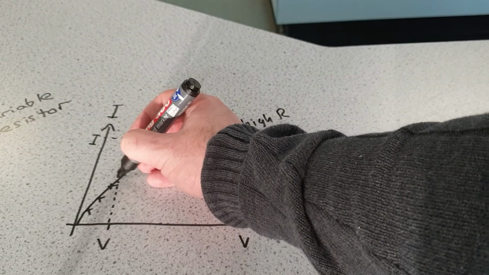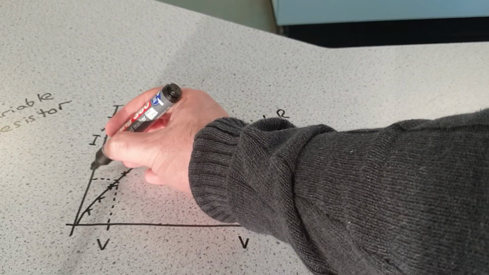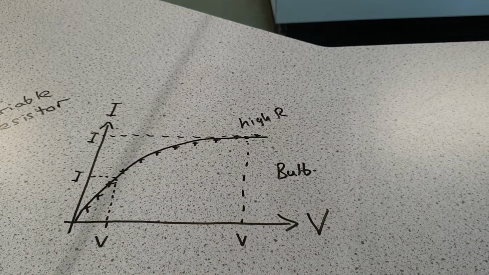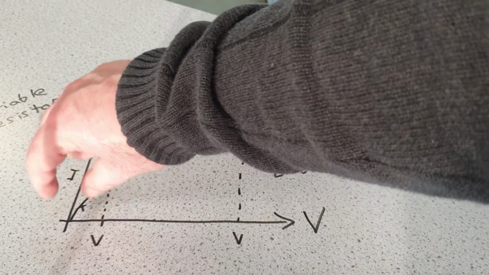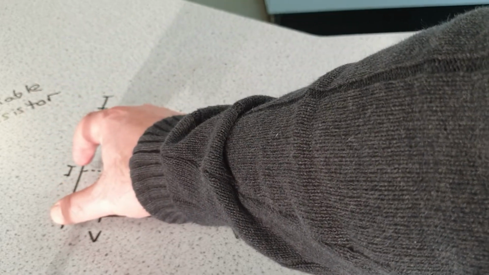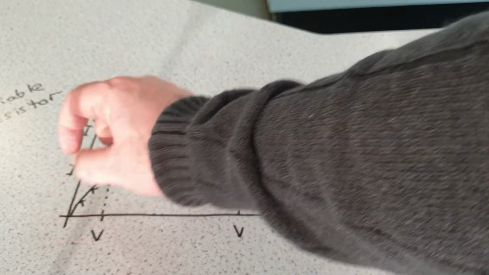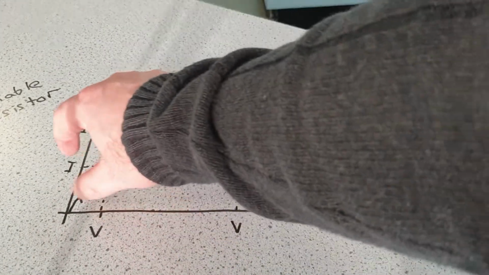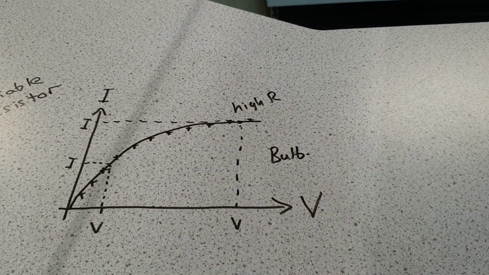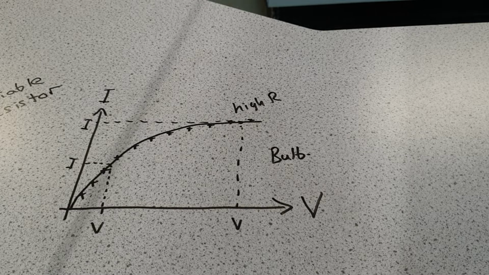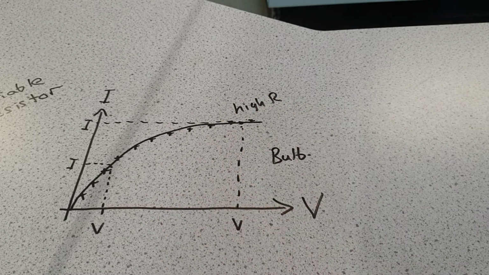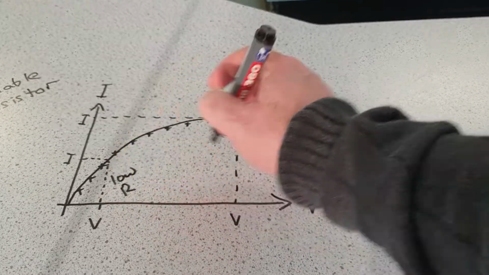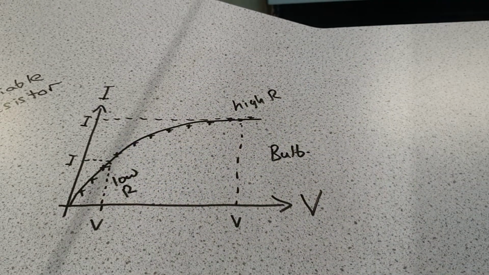On the other hand, if I turn the voltage down to this level here, and then I measure on the line what the voltage is here, and I measure across what the current is here, you see we've got a different ratio here. We have a small voltage, but relatively a large current. So small voltage, large current. So if we did the ratio voltage divided by current here, we'd see that we had quite a low resistance, at least relative to what we've got up here. So down here you have a low resistance, up here you have a high resistance, and that's, as I explained,